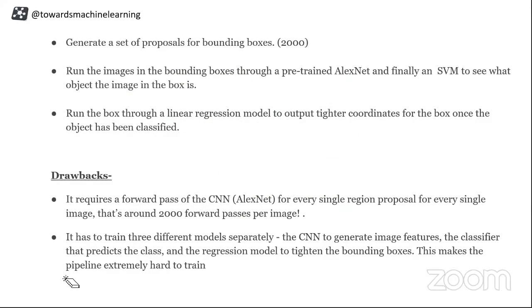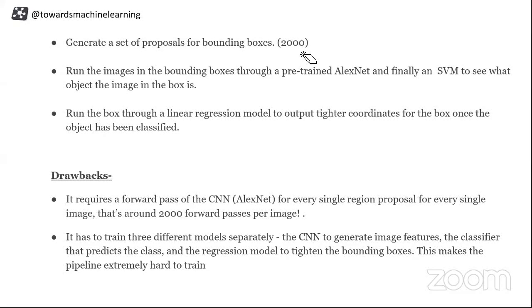Okay, let's go through it once again, fast. So he has these proposals. How did he generate these proposals? He used that selective search kind of thing, which uses texture and color. Based on that, it generates some segments, and only those segments he sent to the network. He kept something like 2000, as mentioned in that paper. So he used to have those 2000 regions of interest, and he used to feed them to the convolutional neural network. Outside of the convolutional neural network, you have two other things, which are the SVM and the bounding box regressor, using which we get the classification as well as the bounding box around your objects.